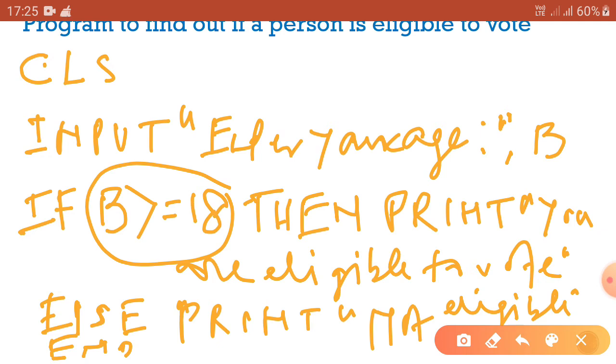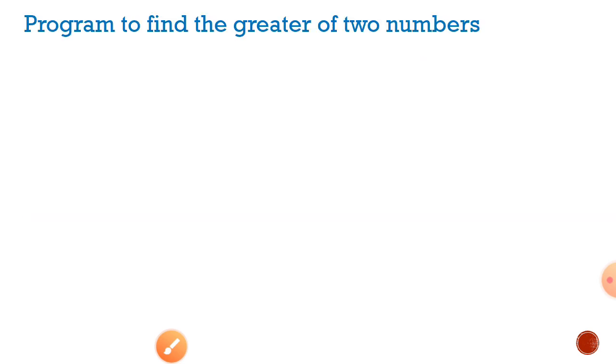If the value of b is not greater than or equal to 18, then the else part will be executed. So here the else part is print "Not eligible". If you enter a value for b less than 18, then the else part will be executed and on the black screen "Not eligible" will be printed. I think it is clear to you. Go to the next.